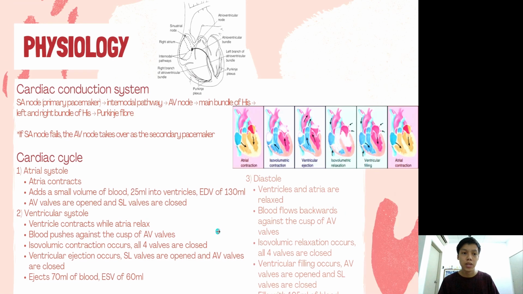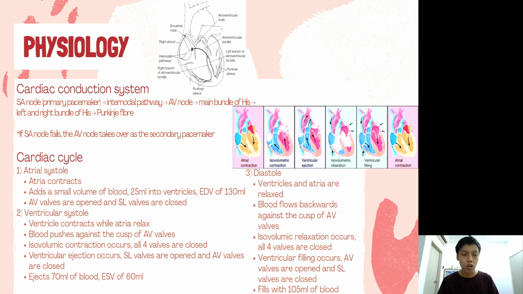Next, we will be looking at the physiology of the heart. Now there's 2 important topics. The first is the cardiac conduction system, and the second is the cardiac cycle. So the cardiac conduction system is how the heart generates action potential or electrical impulses for the heart to contract